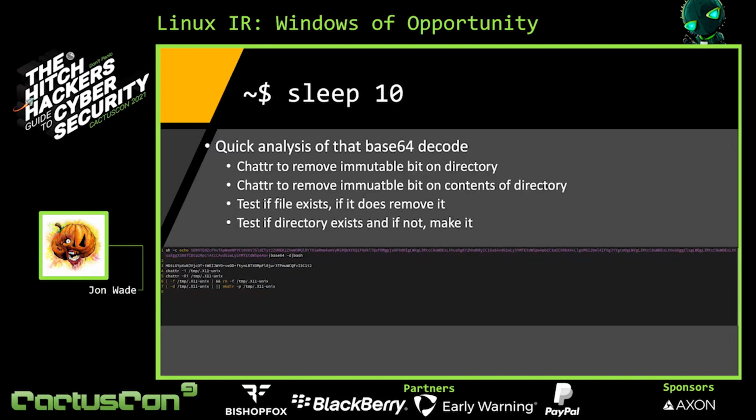If you're not familiar with that path, that's actually where the X11 Windows system writes its socket files. So that directory is fairly common, but typically you're only going to find one or two files in there, and they should be sockets. You're not going to find data files or executables in there. That would be highly suspicious.